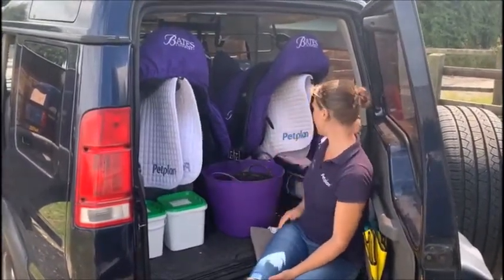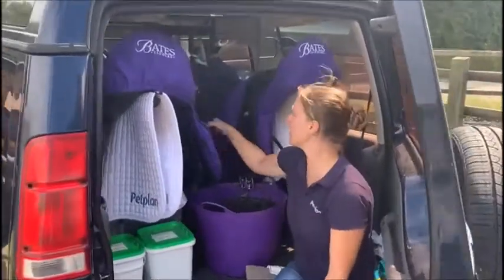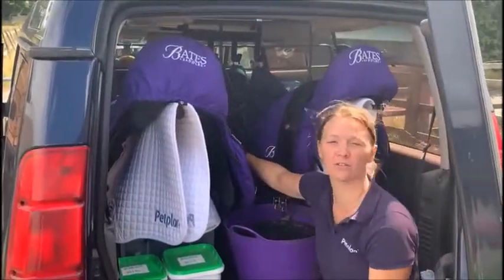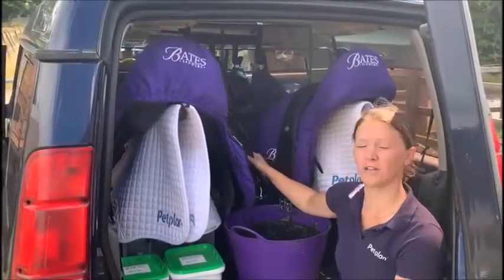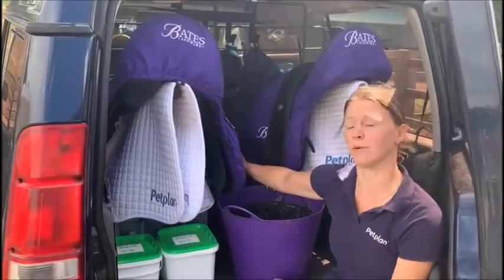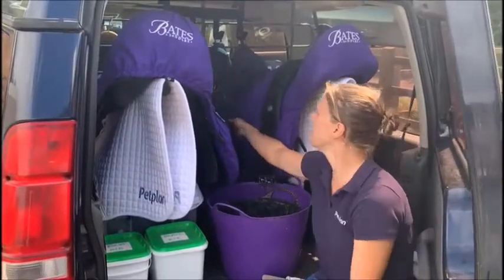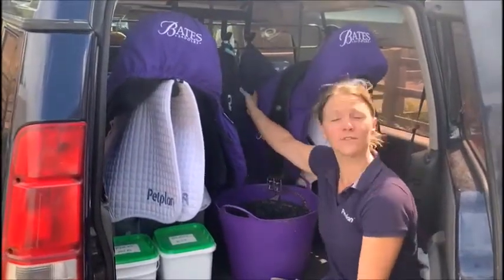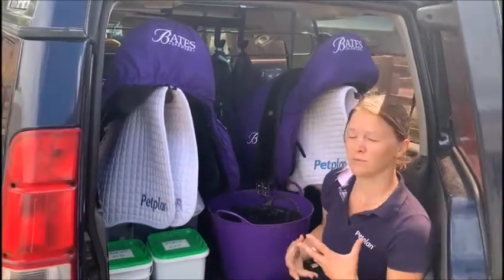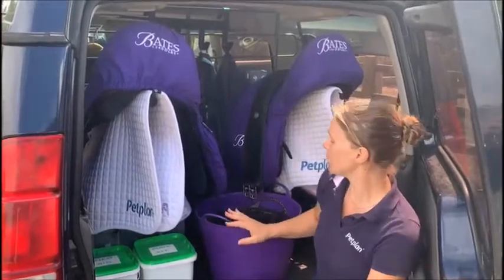They're great quality. I've also got a bridle rack at the back, and on here I've got my bridles, my breastplates and a spare head collar as well, because let's be honest, we've all been there where your horse snaps its head collar and it shouts, so that's just a great spare to have. I've got a couple of spare clothes for if it gets cold and wet, or if you just want something a little bit lighter to put over your show jacket if it's miserable. I've also got